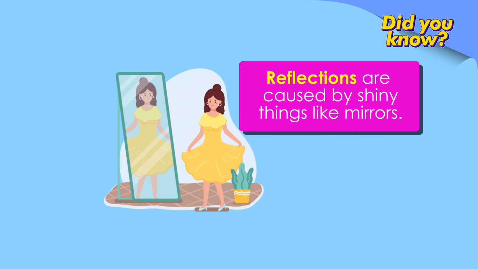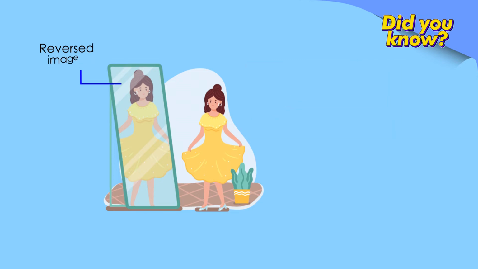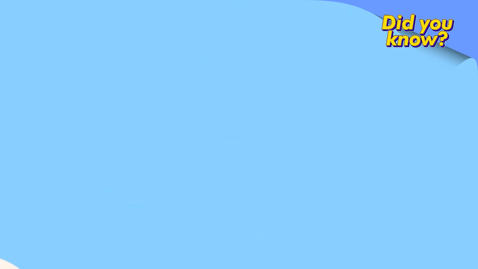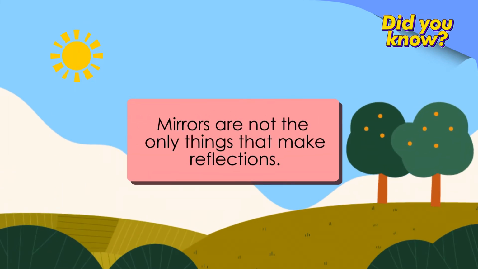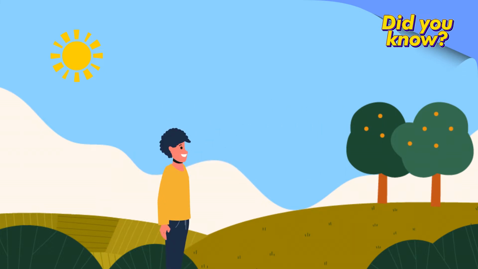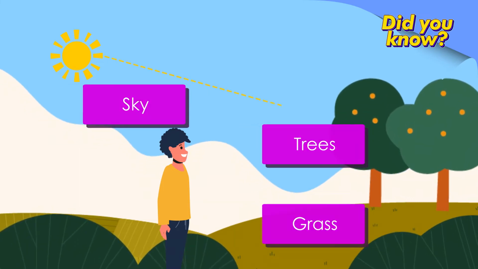Reflections are usually caused by shiny things, such as mirrors, that show a reversed image of whatever is placed in front of them. The image seems to be as far behind the mirror as the object is in front of it. Mirrors are not the only things that make reflections. However, most objects reflect some of the light that falls on them. In daytime, we see familiar objects like grass, trees, and the sky only because they reflect light from the sun